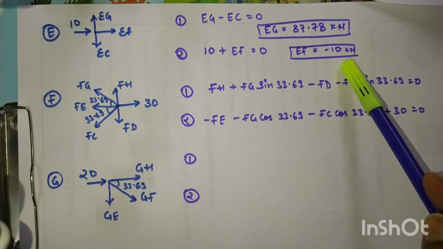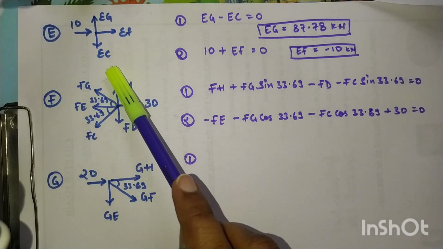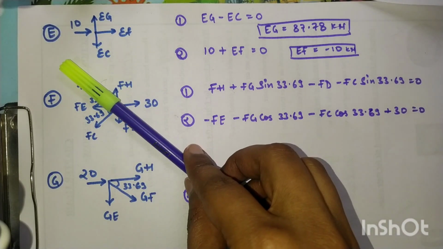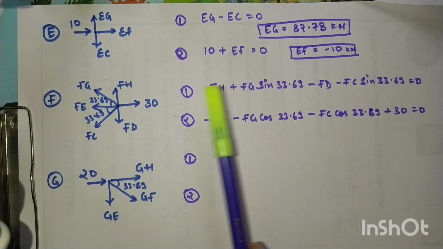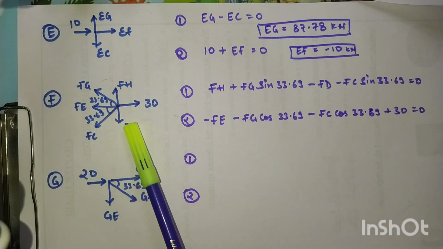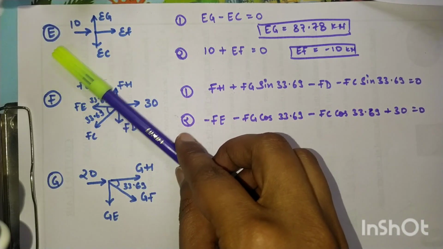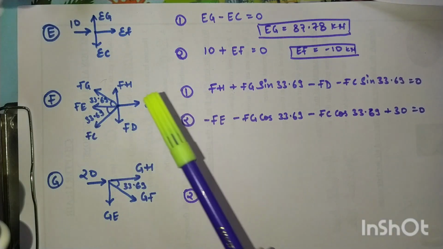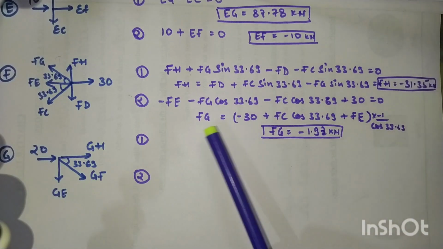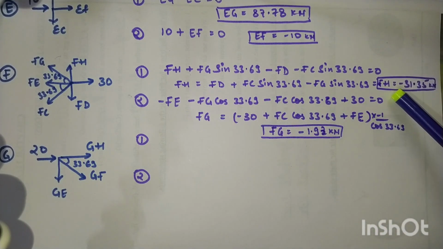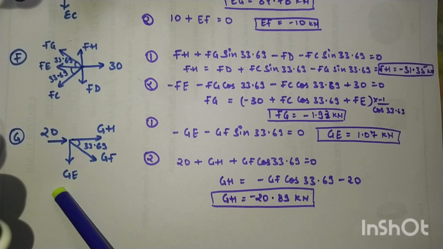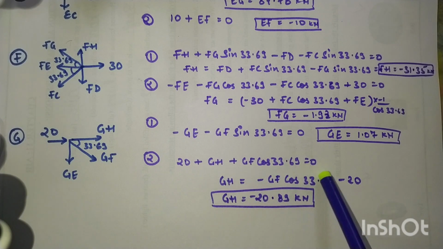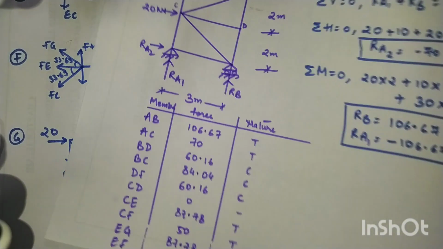While resolving, we have to remember whether this resolved force is going in positive y direction or x direction. If it is going in positive y direction, it is positive. If it is going in negative x direction, it is negative. So we'll be simply writing all the forces here. And with this, we'll be resolving all the forces, equating them, putting all the values here, and we'll be finding out the member forces. Here we have found all the member forces. Coming on to the next joint, positive x direction, positive y direction. See, everything is negative here and we are solving it and finding out further.